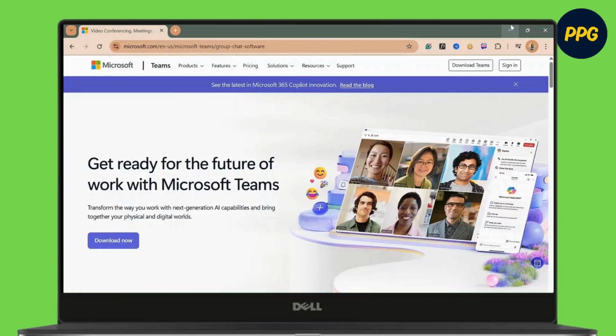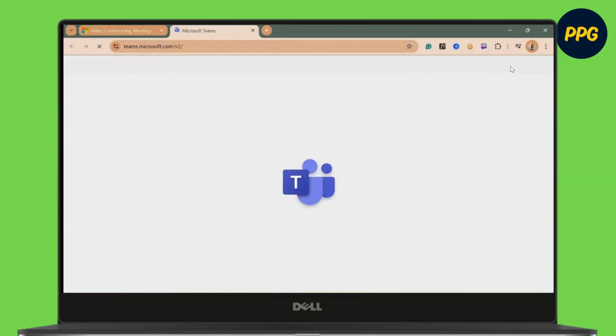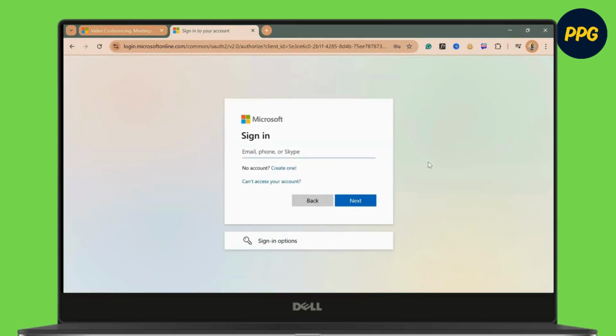So to create a Microsoft Teams account, first things first, go to your Google Chrome and then type in Microsoft Teams and a page like this will appear. Tap on the sign in on the top right corner of the screen and then you will be redirected to a page like this. Here, since you don't have an account, you'll have to tap on create one and then